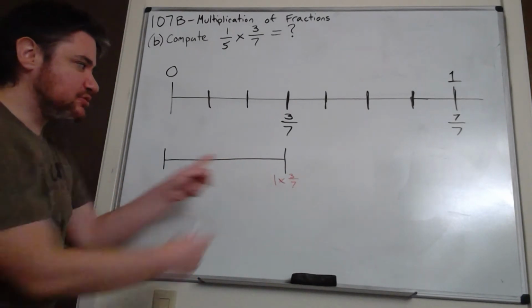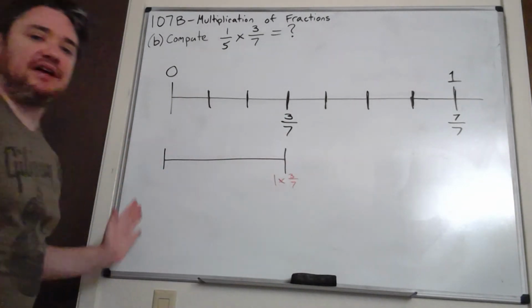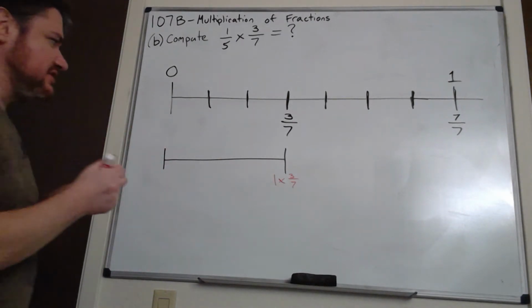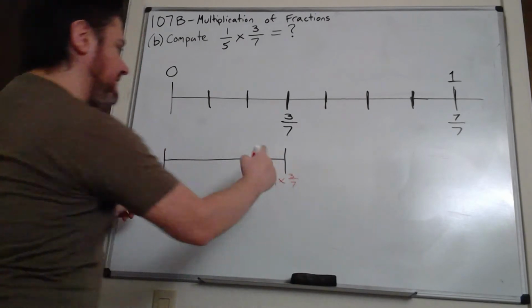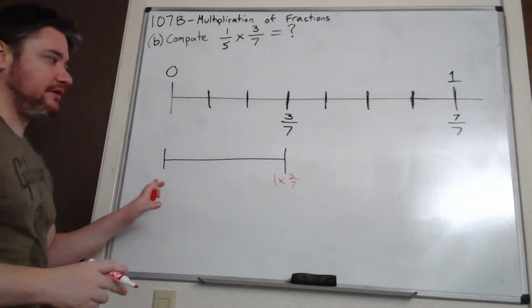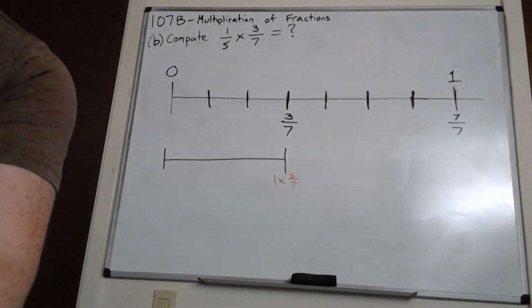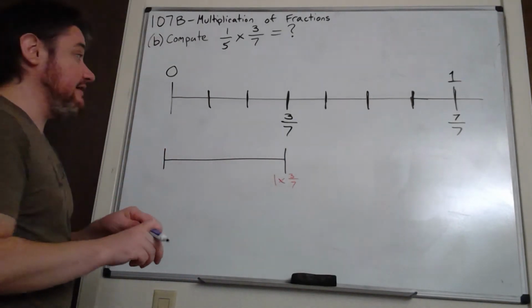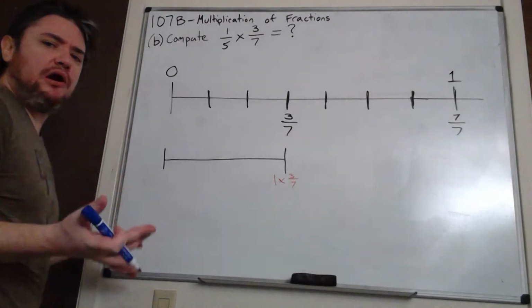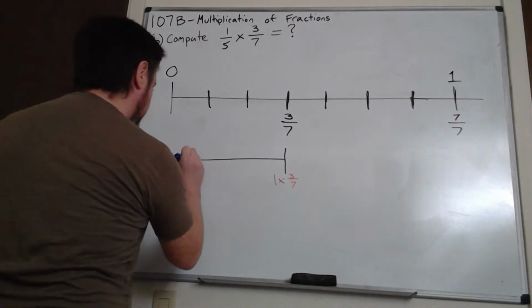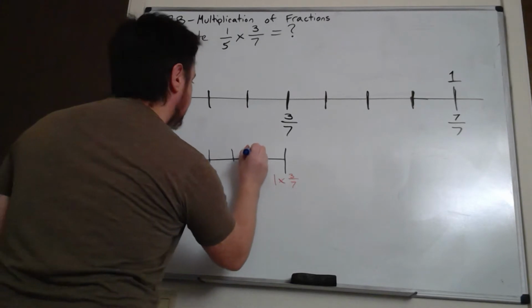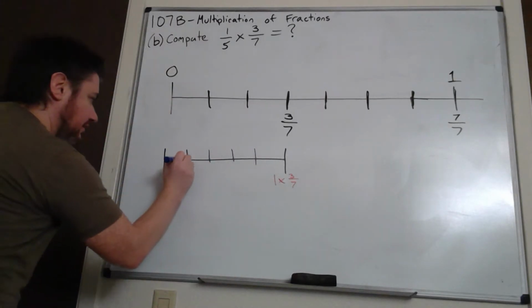So I'm thinking this 1, that's sort of like a new whole that I've got. I need to split that up into 5 equal segments. The question is, what do I do? Okay, so let's say I want to do this. If I want 5 equal segments, I'm going to strive for equal segments here. I'm going to put 4 little marks there. So let me do it this way, and then I'll ask you guys if that's a good idea, if this will work or not. So 5 equal segments, 4 marks. Let's say 1, 2, 3, 4. Looks okay,